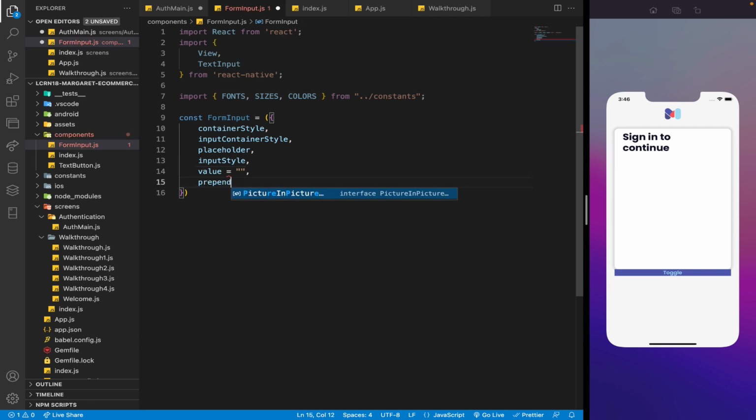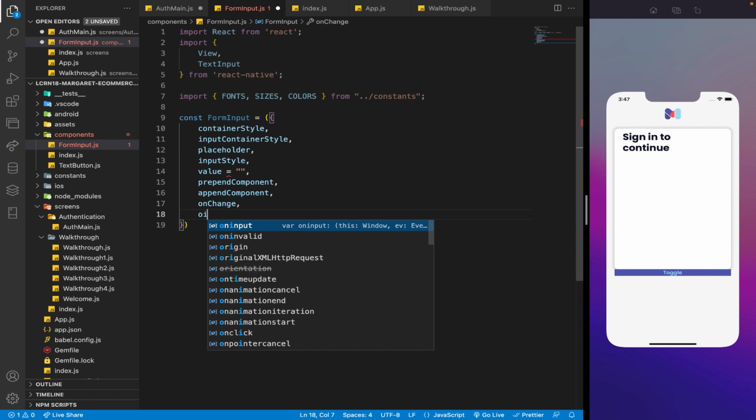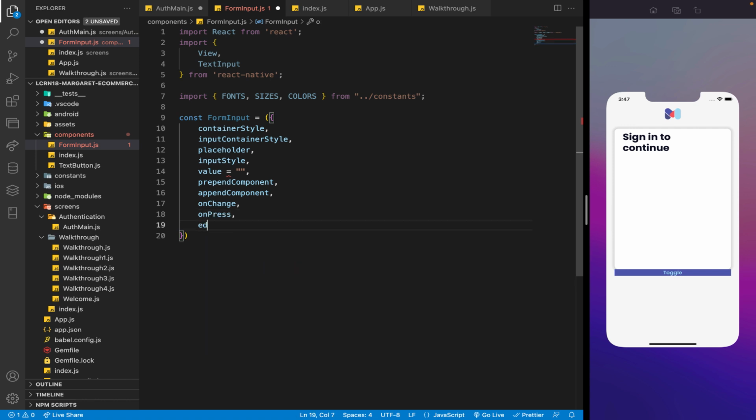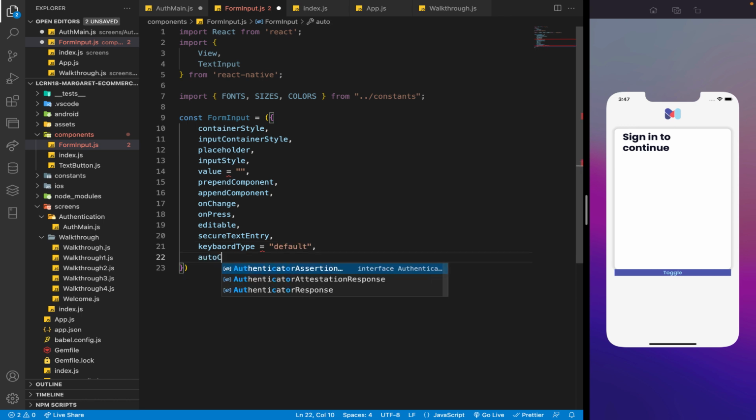We have prependComponent, we have appendComponent, we have onChange, onPress, editable, secureTextEntry, keyboardType, and the default value is going to be default,